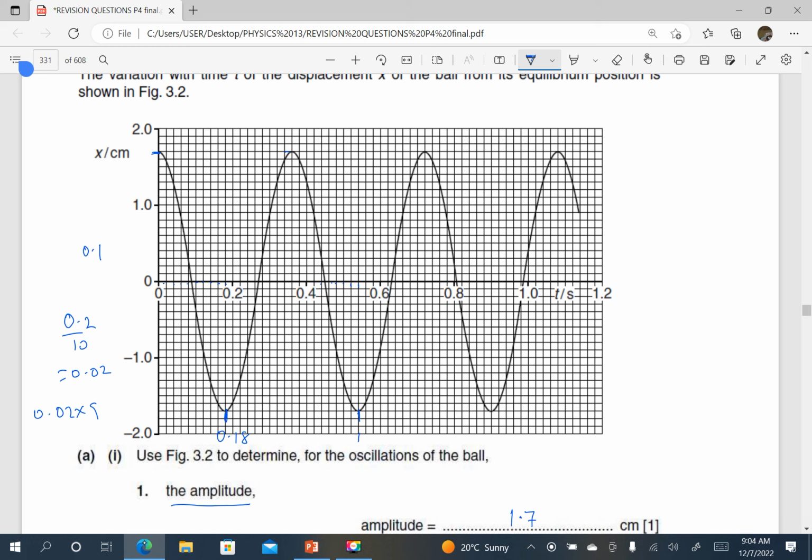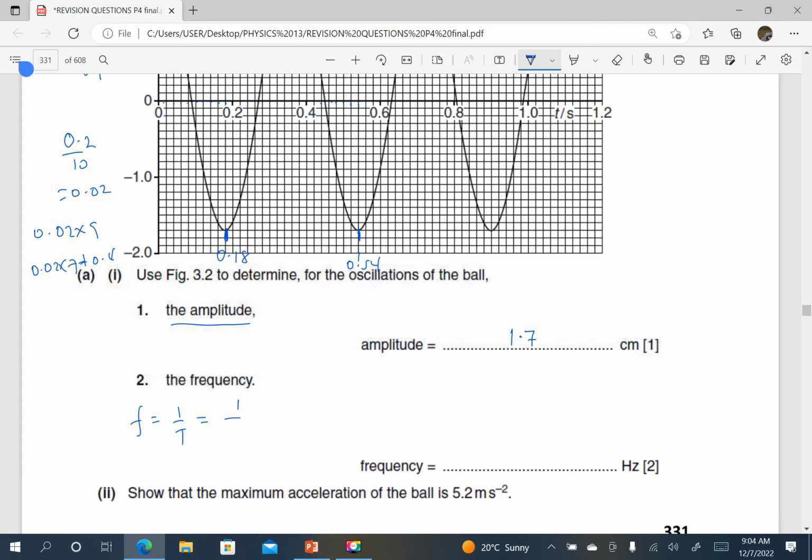So 0.02 times 7, plus 0.4, is 0.54. Now I want the period, which is the time between this point and the other point. So I have 0.54 minus 0.18, and I'm getting 0.36. So the period is 0.36